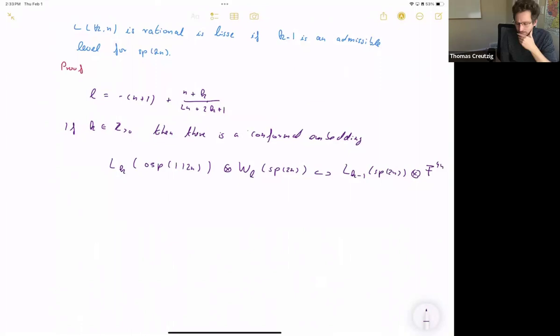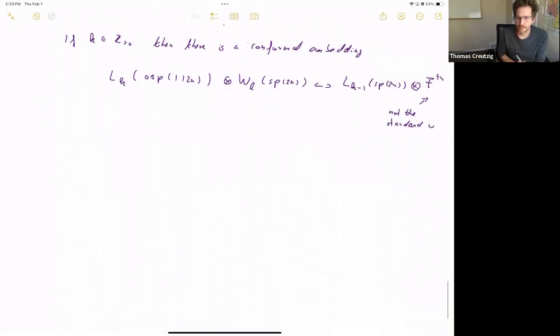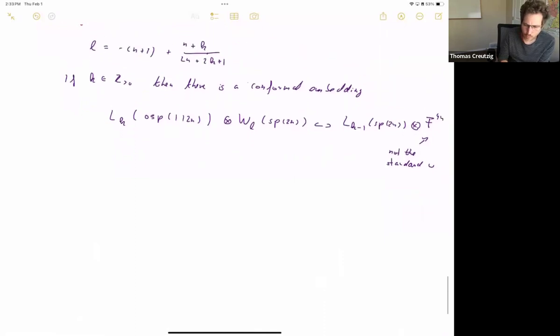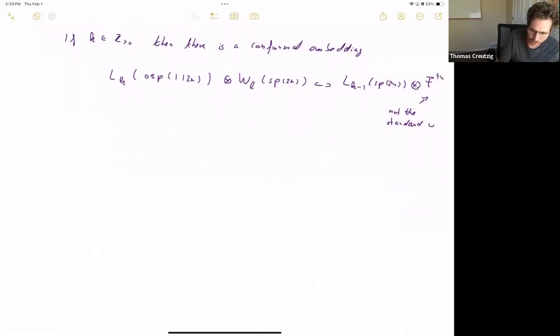So one point is you don't use the standard conformal vector. Here this is not the standard conformal vector, but you give a sum of these fermions conformal weight 1 and 0. So maybe you should more call it a mix of free fermions and BC systems. But anyway, so why is this true? This is maybe the most interesting thing of the proof.